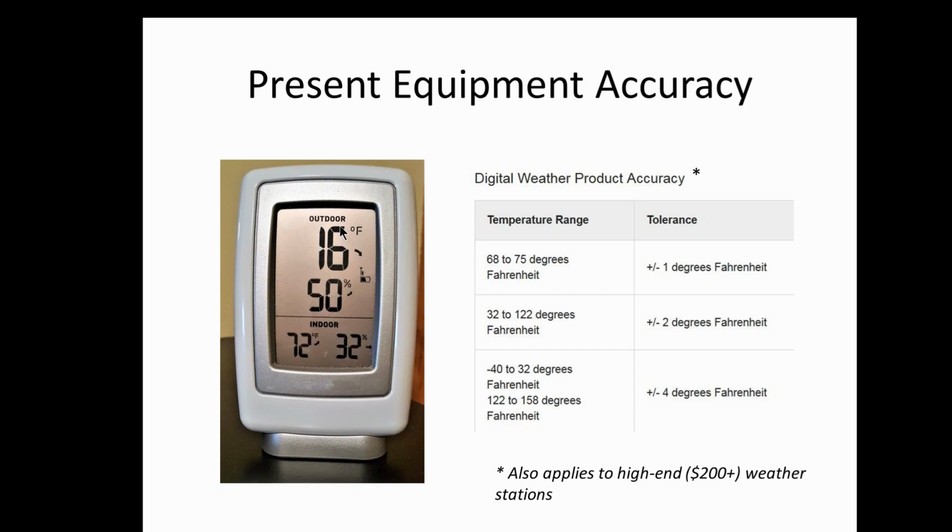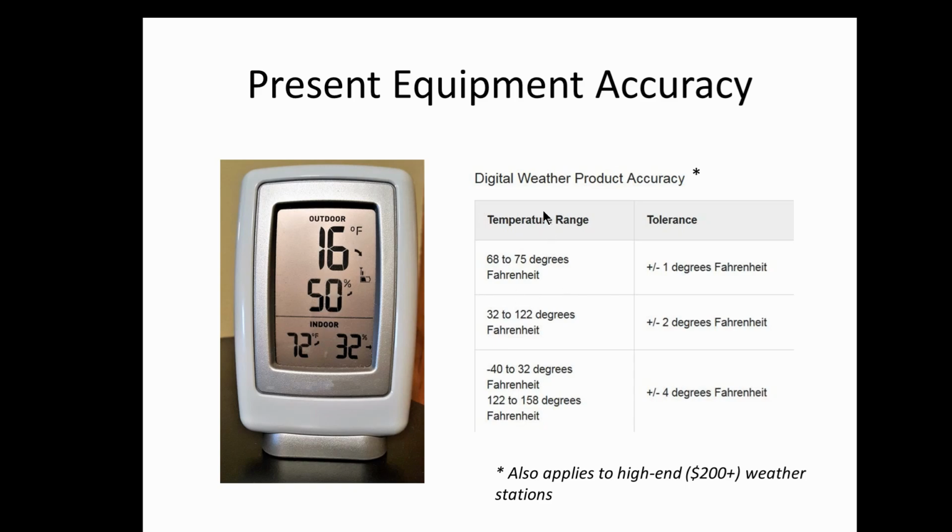So my question was, how accurate is this reading on a digital device? My first clue was that the upper reading for outdoor temperature says 16. It doesn't say 16.0 or 16.3. So the implication is maybe it's not accurate enough to get one-tenth of a degree. Maybe it has an accuracy of 1 degree, so you can't put a 0.3 because it just doesn't have that accuracy. So I went to the manufacturer's website and looked at its accuracy specs,